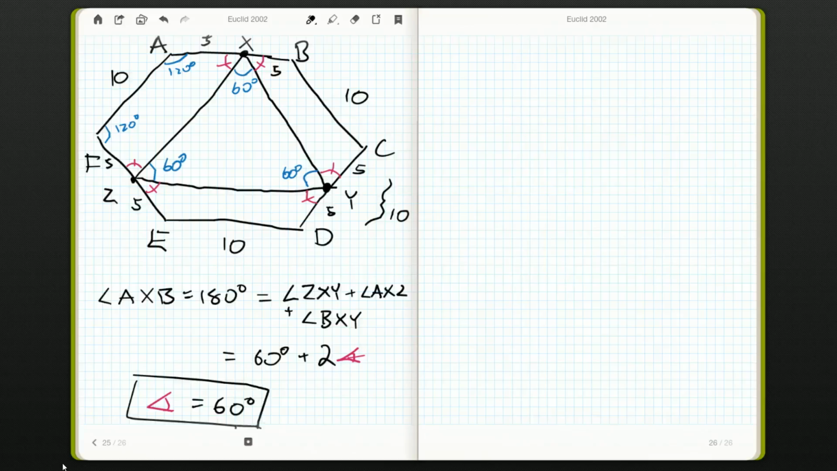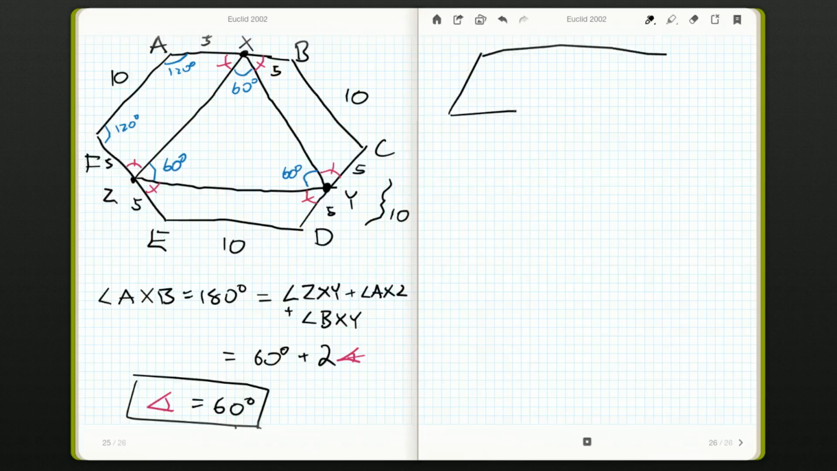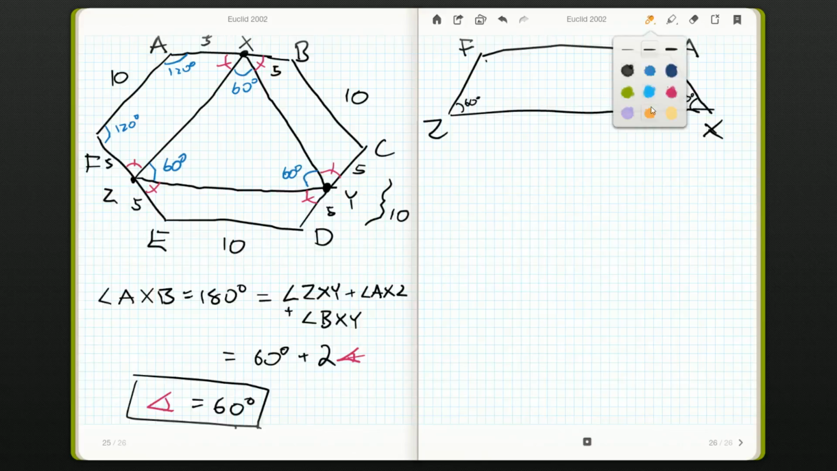So we have some 60 degrees, we have 120 degrees, and I think I see where we're going with this now. Let's just take a look. Let's just zoom in on the trapezoid that I mentioned earlier. A, X, I got an F over here and a Z. So this angle here is 60 degrees. Same with this one. And if we just drop perpendiculars down here,